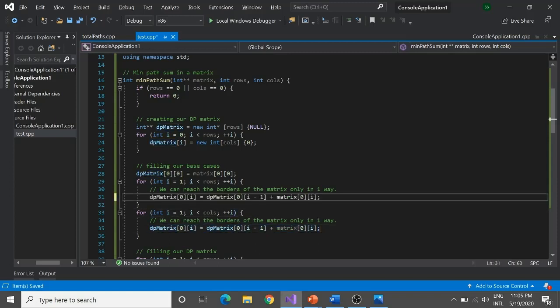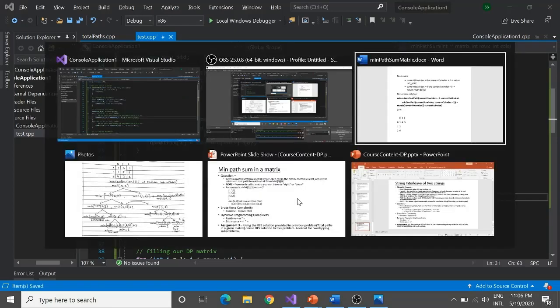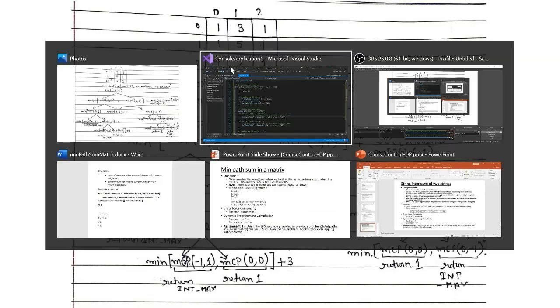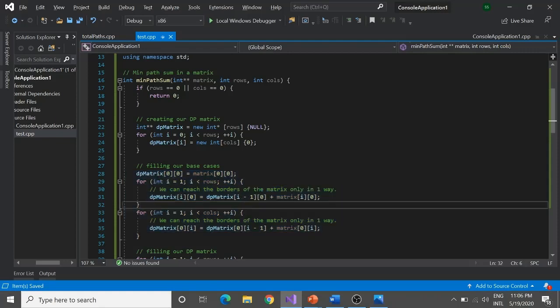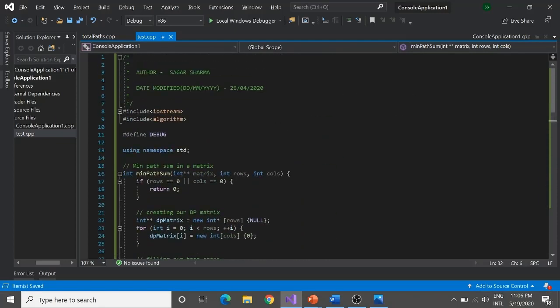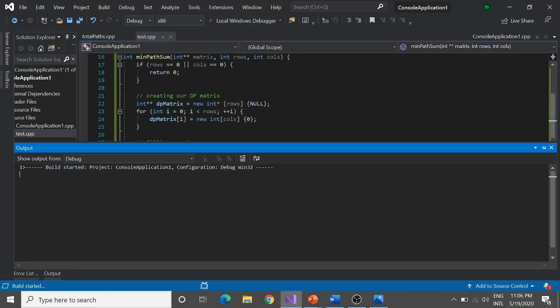So how do I fill my first column over here? I also need to fill my first column because again, it's one of my base cases. So what I would be doing is, whatever the answer I have in my previous row but in the same column. So what does this i minus 1 signify? This signifies my previous row but in the same column, and what I need to add to it, I just need to add the cost which I have currently in my original matrix. So I am talking about this original matrix. So I am done with my base cases in my DP matrix. So it would be giving me some answer to my base cases? Yes, we can have a look onto it.